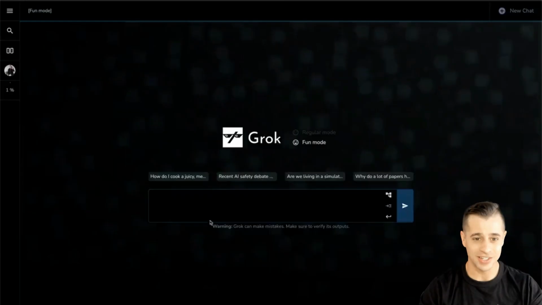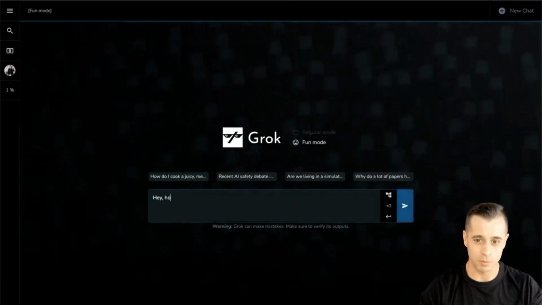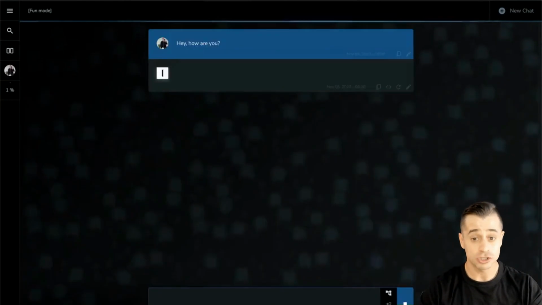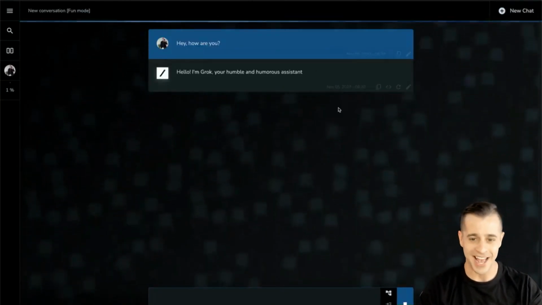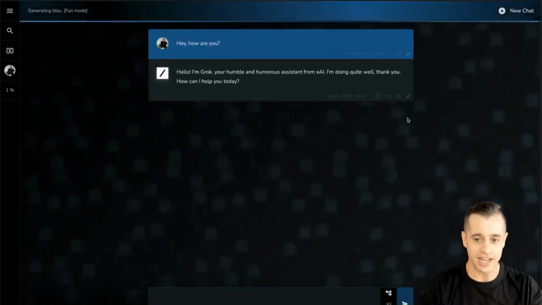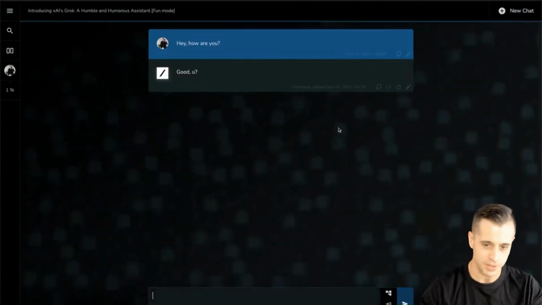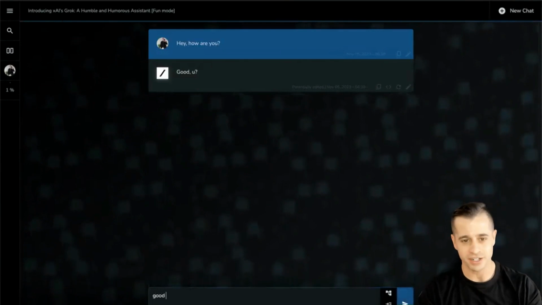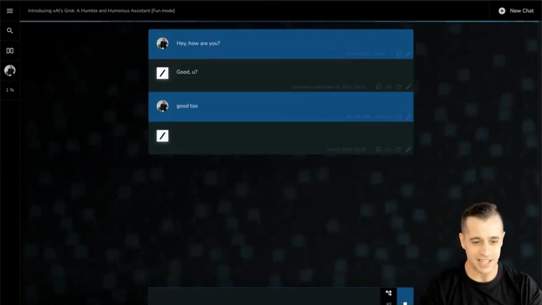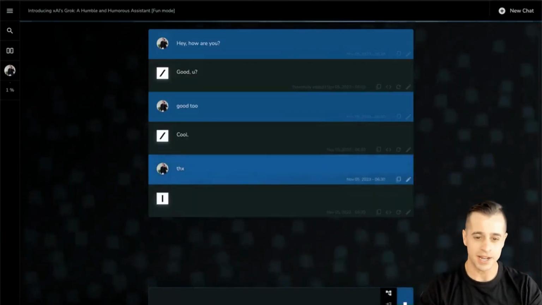On the other side of the spectrum, we can move on to Twitter's new chatbot, which is Grok. This is something that Elon Musk has been working on in the background. It is trained on X's own data, and it is using their real-time data, and then it has a bit of humor to it. They say that it's inspired by Hitchhiker's Guide to the Galaxy and has somewhat of a rebellious streak,